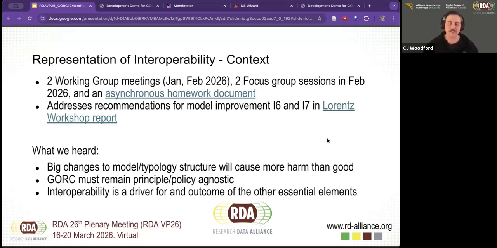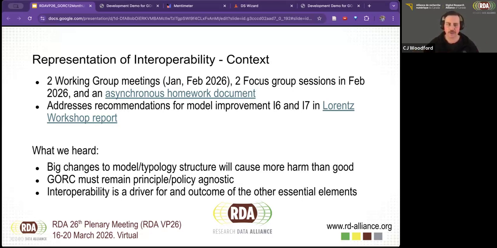We need to actually break it apart into other things that exist in the model. And so it's recognized that it's a driver for, so interoperability is a reason why you might use the model or go after doing certain considerations, but it's also an outcome of the other essential elements. So as you implement pieces of the model, you're aiming towards interoperability of a particular kind. Maybe that's in general, maybe that's legal and organizational interoperability, tactical, semantic, etc.